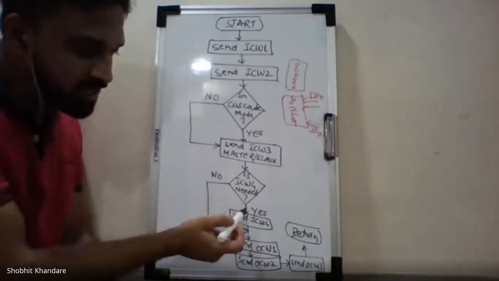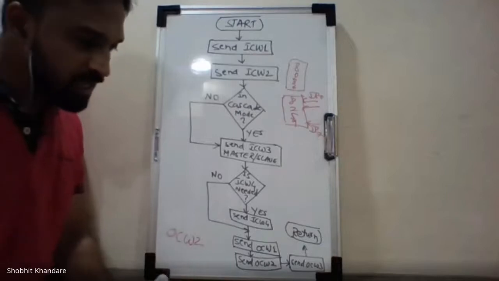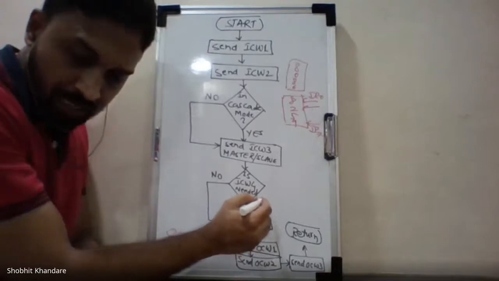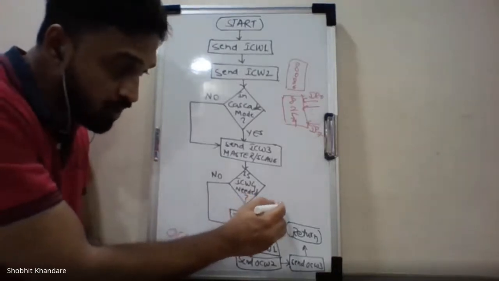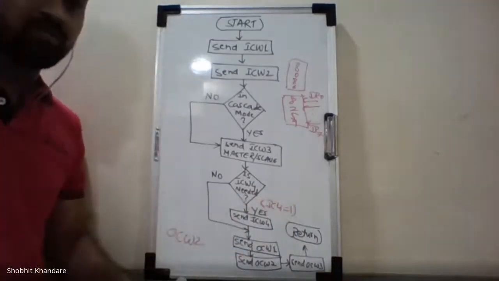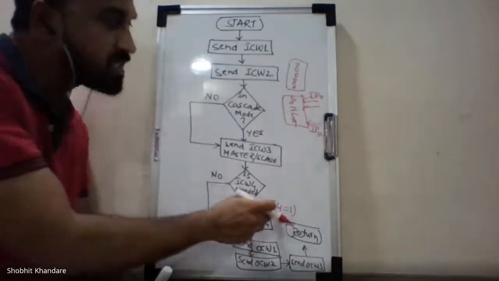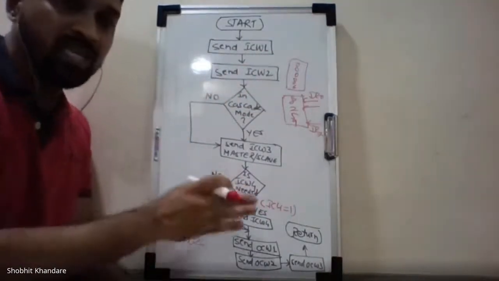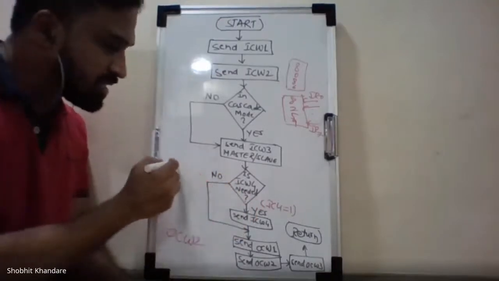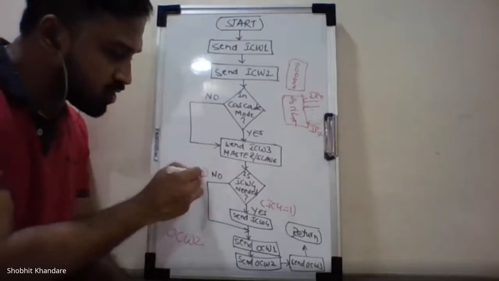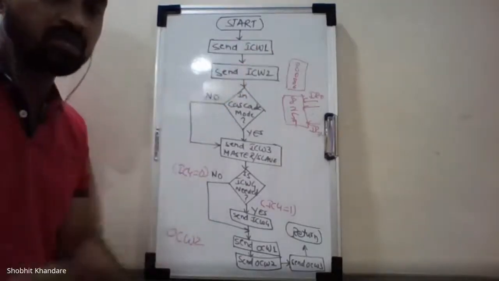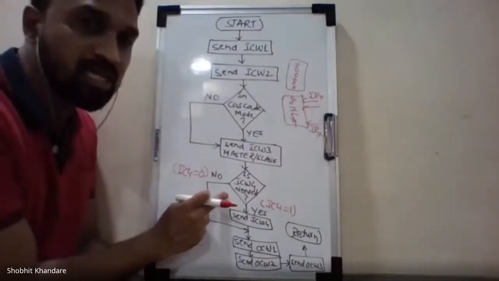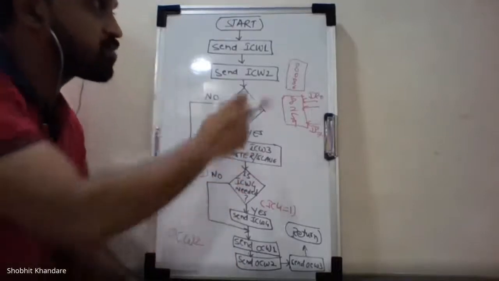So when I am writing down S, can I say this condition is when your IC4 is 1? IC4 bit is available in ICW1. When you are saying no, ICW4 is not needed, so can I say it is nothing but IC4 equals 0? This condition you will see in bit number 0 in ICW1. So whether you need ICW4 or not will be dependent upon ICW1.